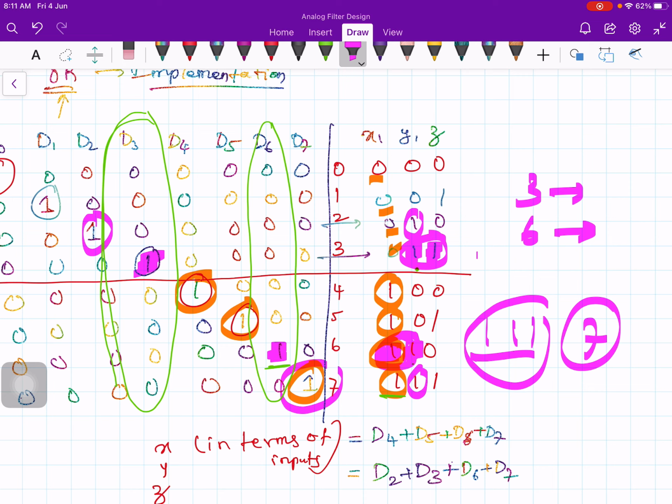So there is some error. So there is some type of ambiguity. Okay, so this encoder provides some type of ambiguity when you press more than one button simultaneously. Somehow you need to resolve this ambiguity. So for that you have to design an encoder, and that encoder resolves this. Such type of encoder is called a priority encoder, that we will discuss in the next lecture.